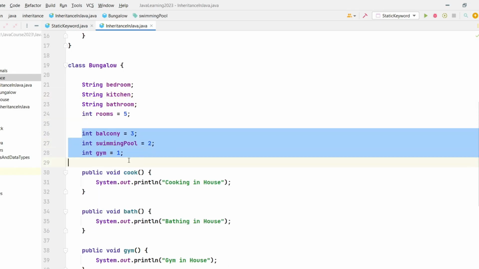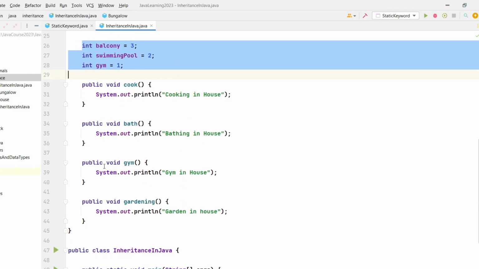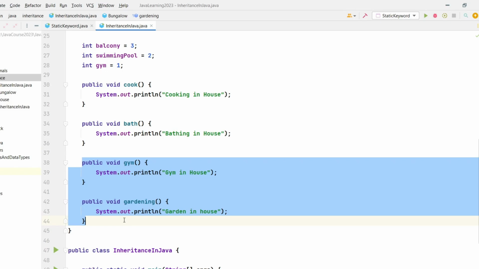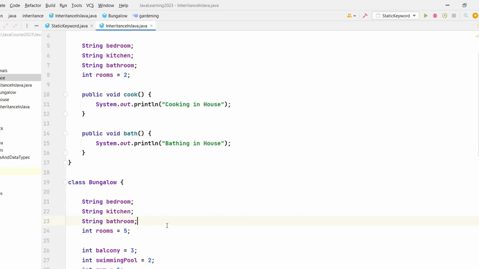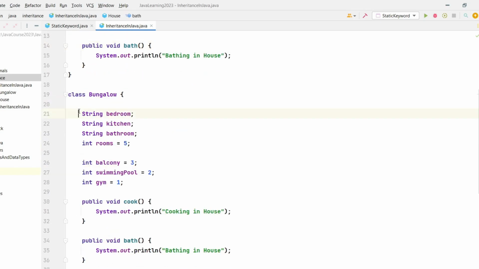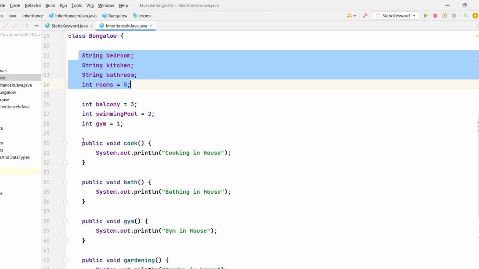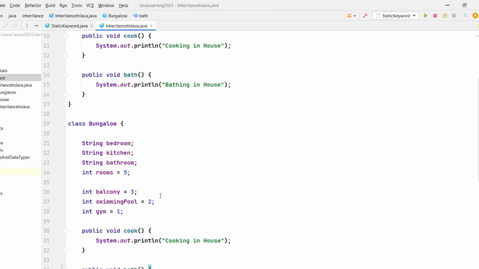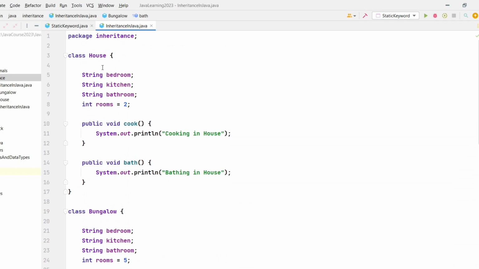But these are the additional properties and the two additional behaviors, or activities, of the house. Here you see that we are again and again using the same thing. The house has the same properties. We are rewriting these same properties and these methods again when they are completely similar to each other. So Java says, hey programmer, rather than doing